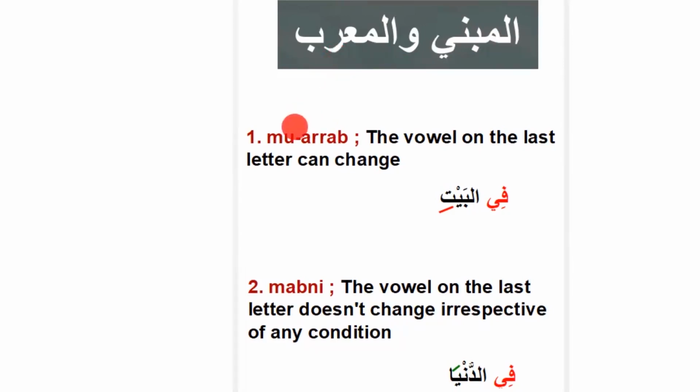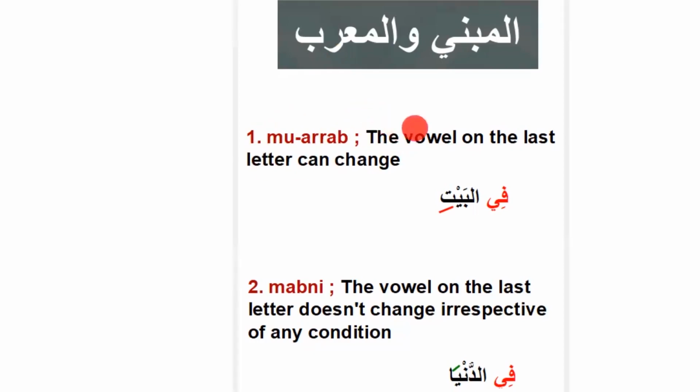So it's not only limited. It's not just nouns, but words. There could be a word that is not ism, but it doesn't change, or it may change, depending on the word. So that's why we are not saying it is a noun. We are not restricted to nouns, but this lesson is more or less restricted to nouns. But generally, in the Arabic language, we can have mabni wal mu'arrab in huruf and also in af'al.